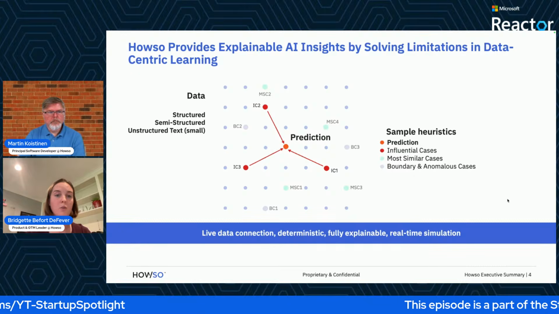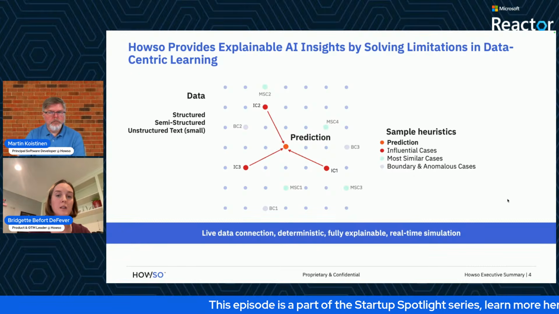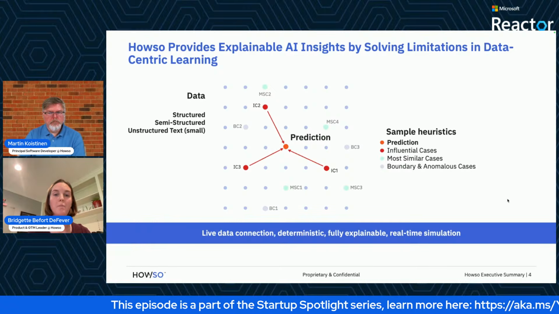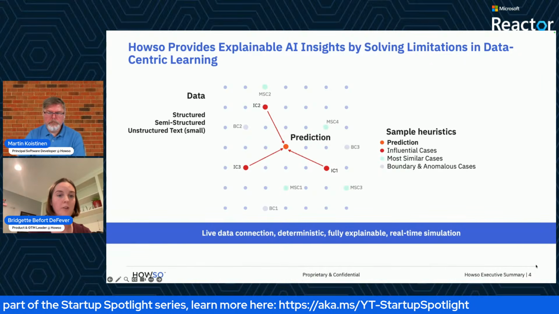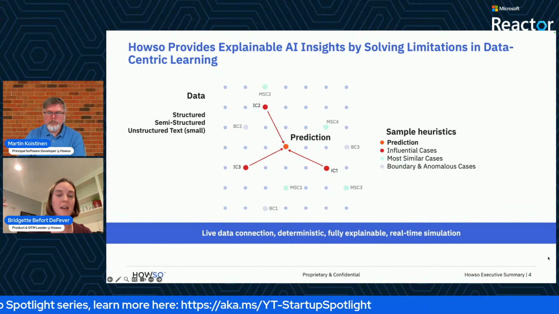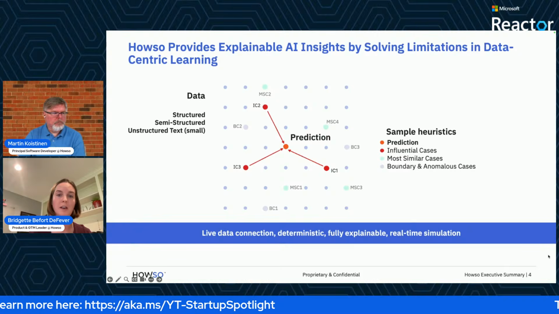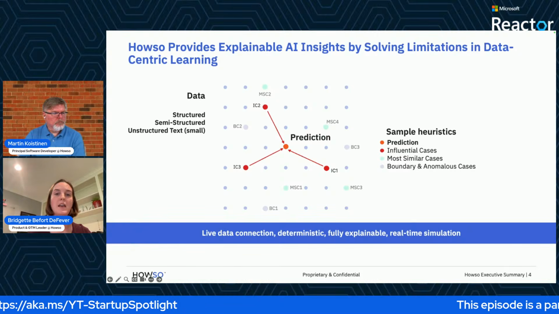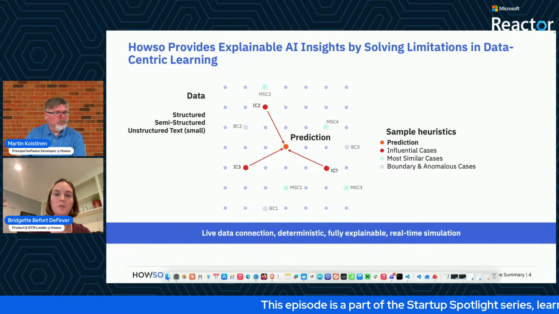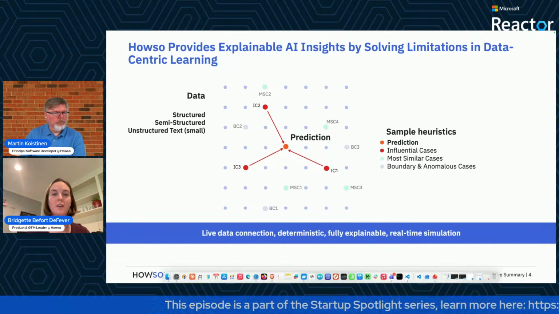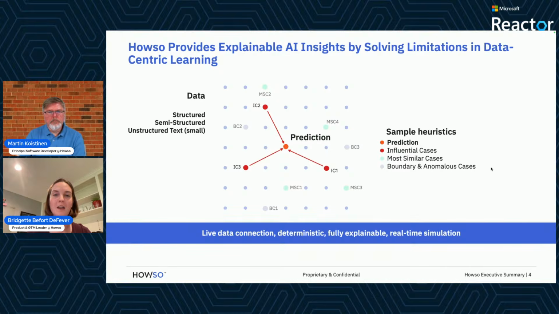We work right now with structured and semi-structured data, and we've started to move into unstructured text. But we can work very performantly, so that's how we're a little bit different from other KNN algorithms or instance-based learning algorithms that you've heard of in the past. We can scale up to billions of rows and thousands of features. So we're a very performant algorithm, as we'll show, hopefully, in the demo.